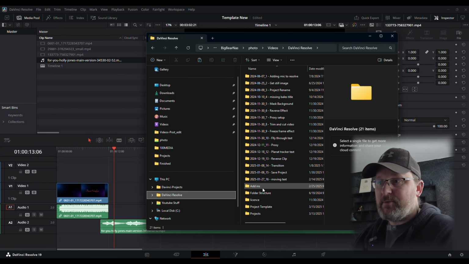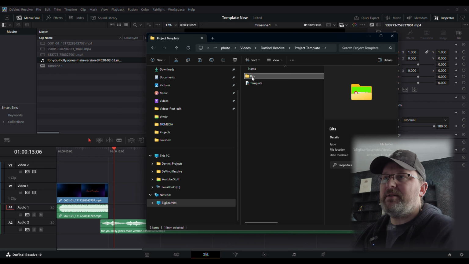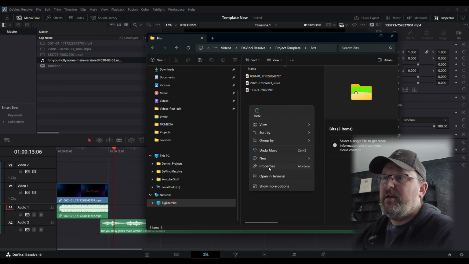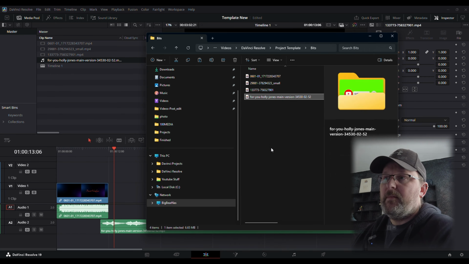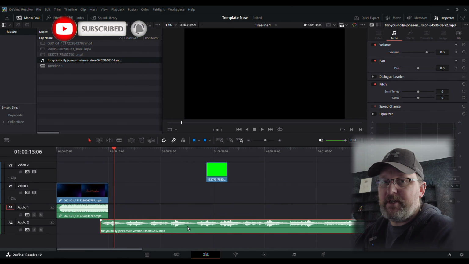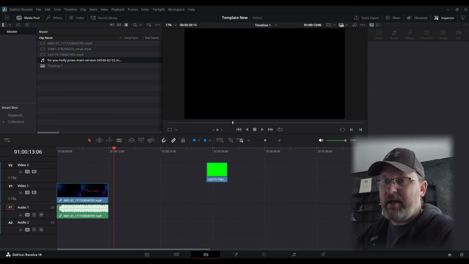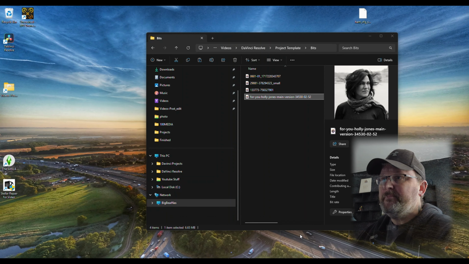Press DaVinci Resolve, that's where we saved it, and then project template, and then I've got a thing called bits. That's why I like to keep everything. So in there you can just paste. So now we've got that music, but what happens there is that DaVinci Resolve is down on the download part on your computer. So if we press backspace, get rid of that, go back to folder, and then copy